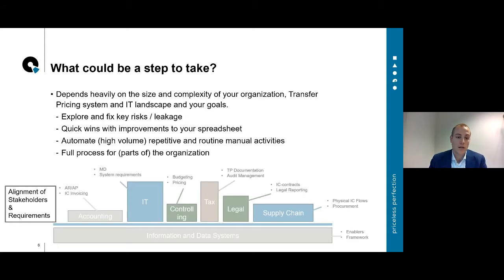What could be a step to take? Jonne will dive into his experiences a bit deeper, but it all depends heavily on the size and complexity of your organization, the transfer pricing system that is in place, and IT landscape. An initial step could be to explore the processes in place and fix key risks or time leakage,